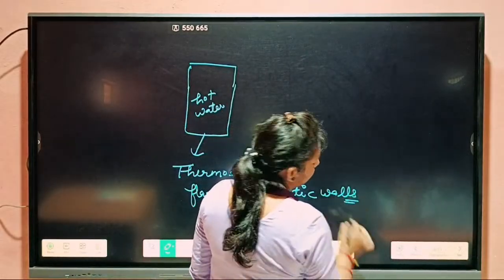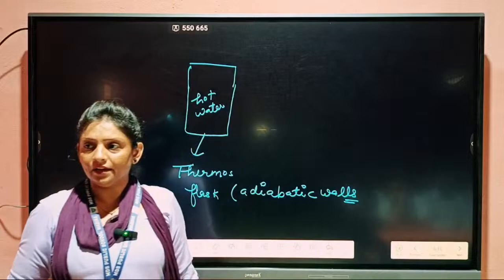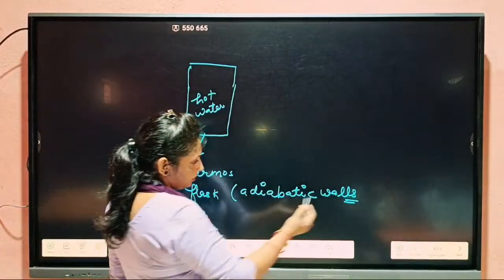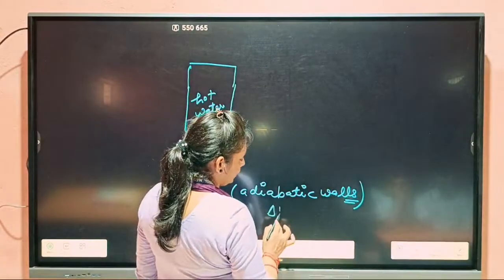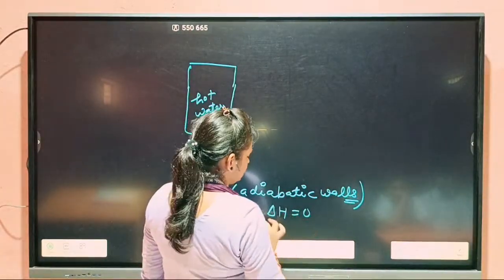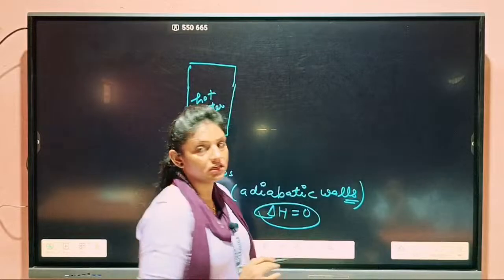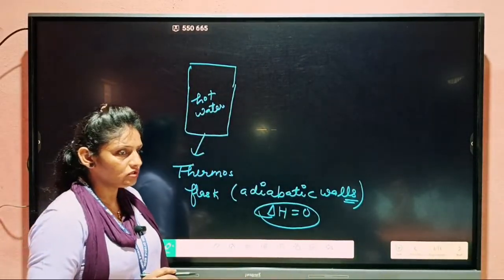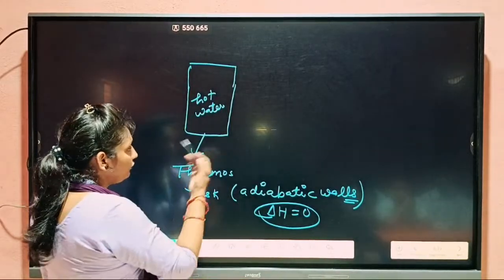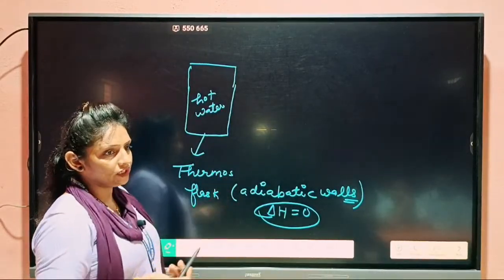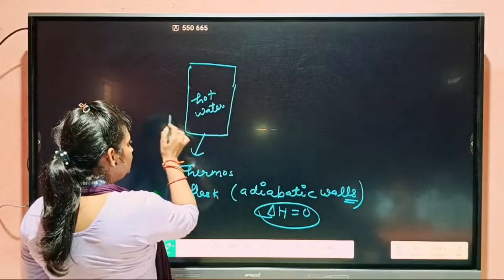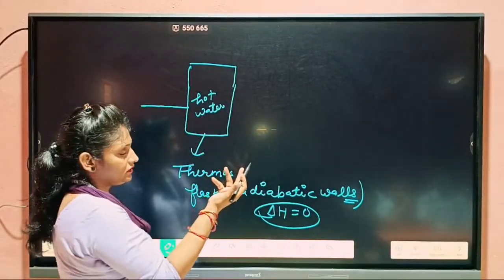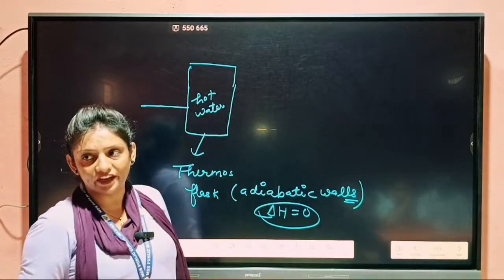And what do you mean by adiabatic walls? Adiabatic walls are those where transfer of heat does not take place, means total change in heat is 0. Clear or not? So here, if we are taking an isolated system, neither energy nor heat, because heat is also a form of energy,